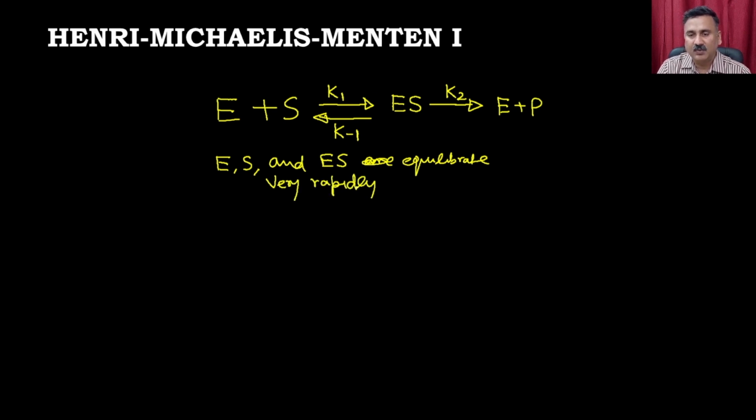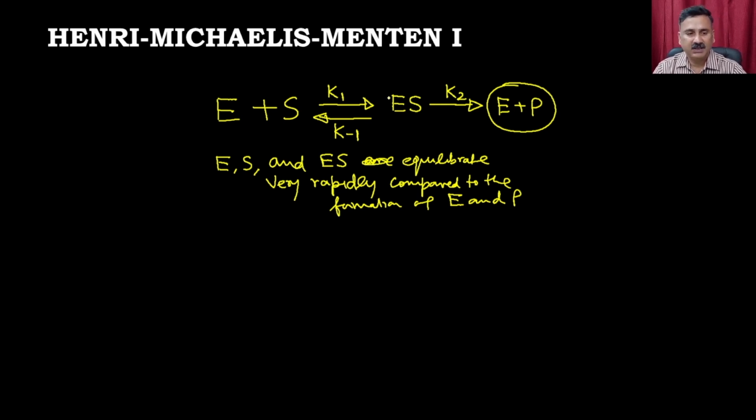So at the initial time points, E, S and ES are going to be under equilibrium, because there will be no product formed rapidly compared to the formation of E and P, right? So until E and P are formed, E, S and ES are under equilibrium. That's why the velocity of this reaction is going to be called